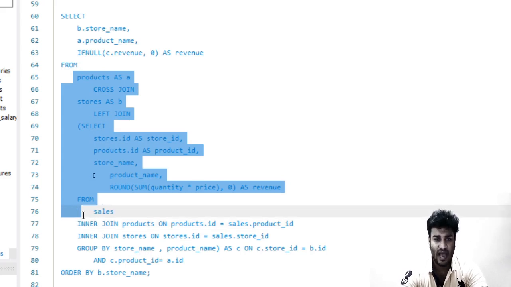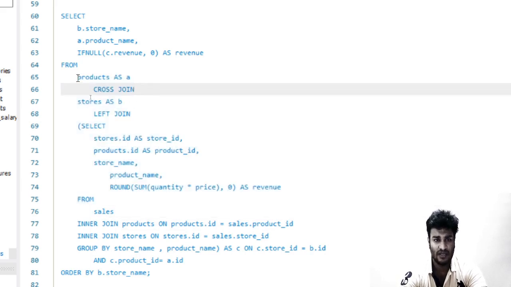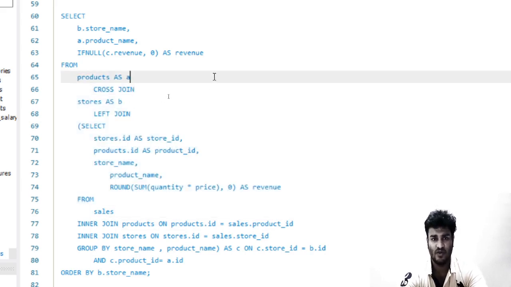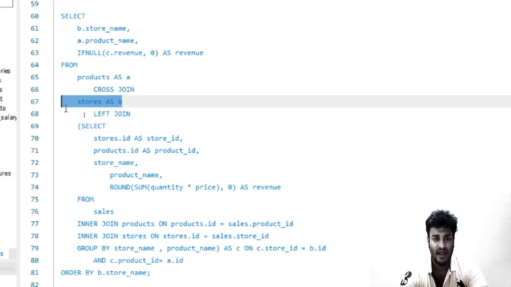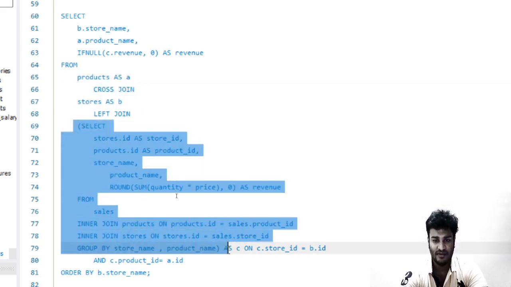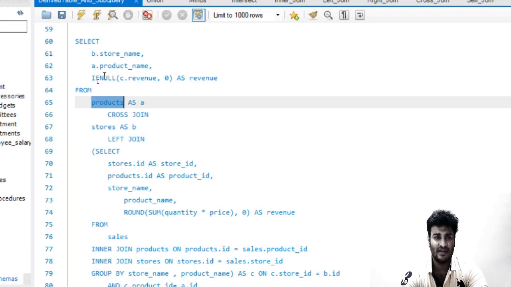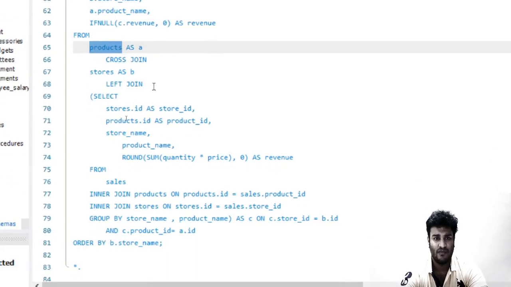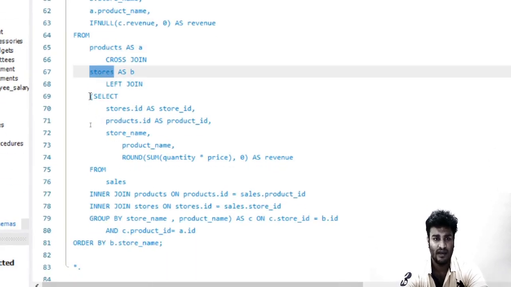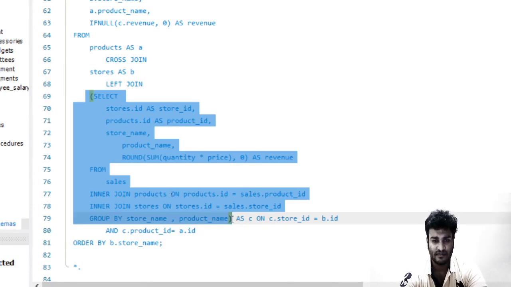As we move on, we see that this from has one table. So you can say this is one table, this is the second table, and this is the third table. The third table is so big. First table, select star from first table, second table, and this is the third table.